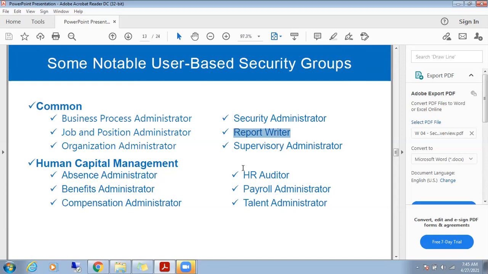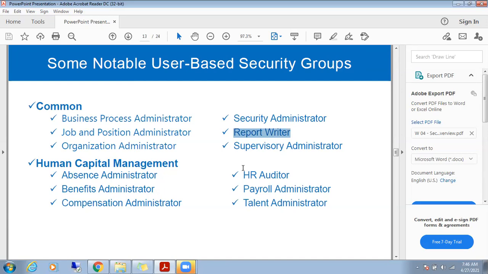Payroll administrator, business process administrator, supervisor, anything you say admin. When it comes to the user based, try to add admin at the end of each word, it will come automatically. Some user base groups related to HCM are absence administrator, benefits administrator, compensation administrator, payroll administrator, talent administrator. So these are some of the notable user base security groups.